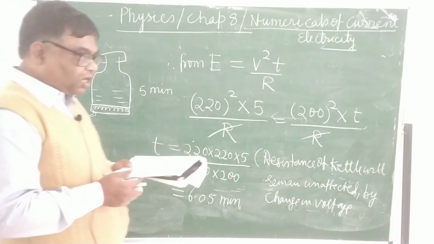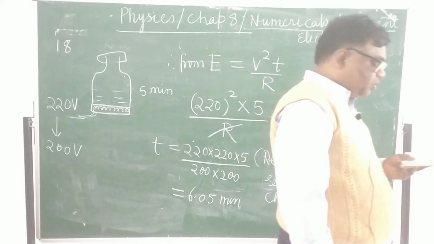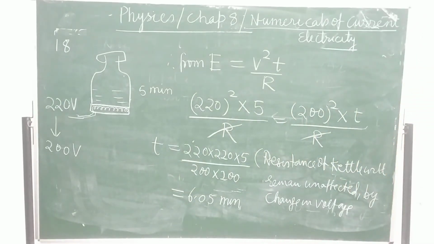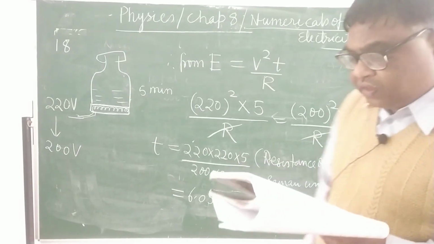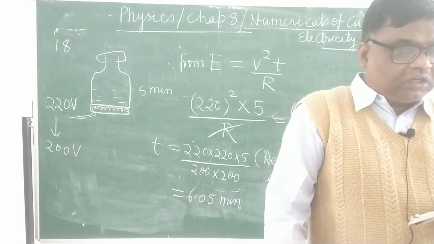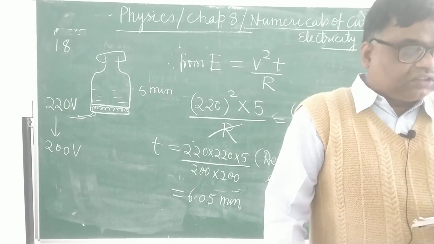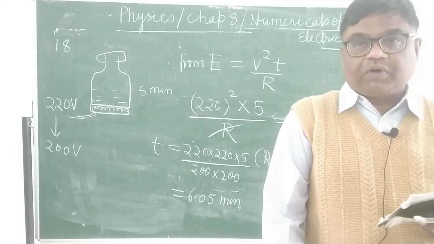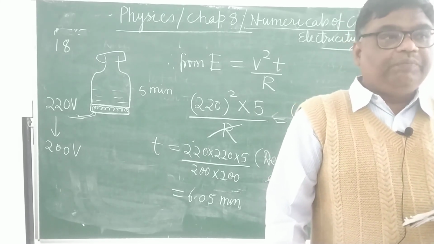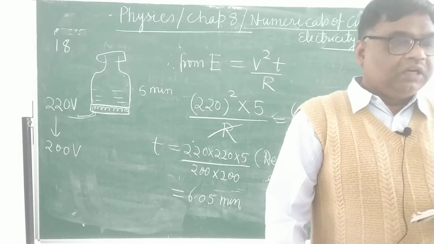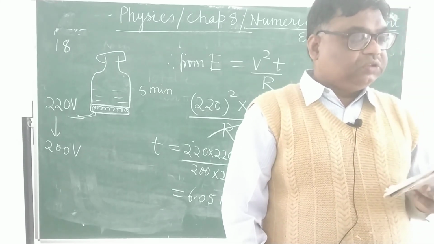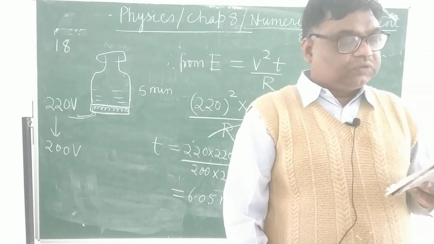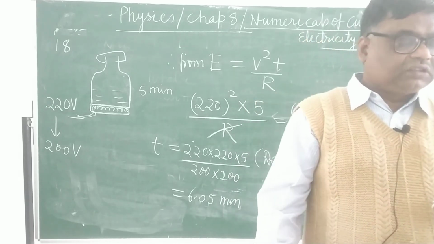Now question number 19 I will just explain, because 2021 already I have explained, so it is based on the same thing. An electric toaster draws current 8 ampere in the circuit with source of 220 volt. So what will be the power of electric toaster? It will be V into I, 220 into 8, this much watt. It is used for 2 hours. Find the cost of operating.